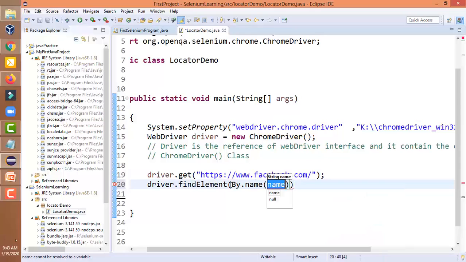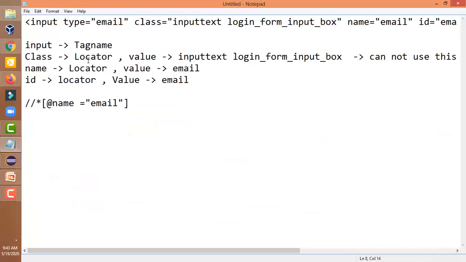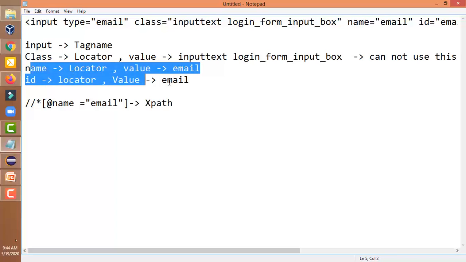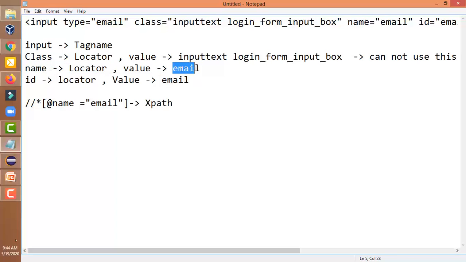After this, what will it accept? It will accept the name of that locator. So what is the value of the name locator? We need not enter this completely because this is extra. So for the name, we should only enter this value here.